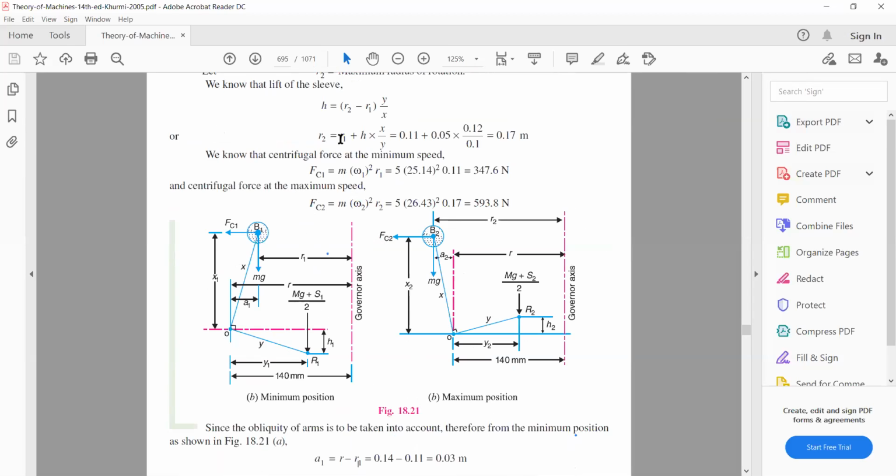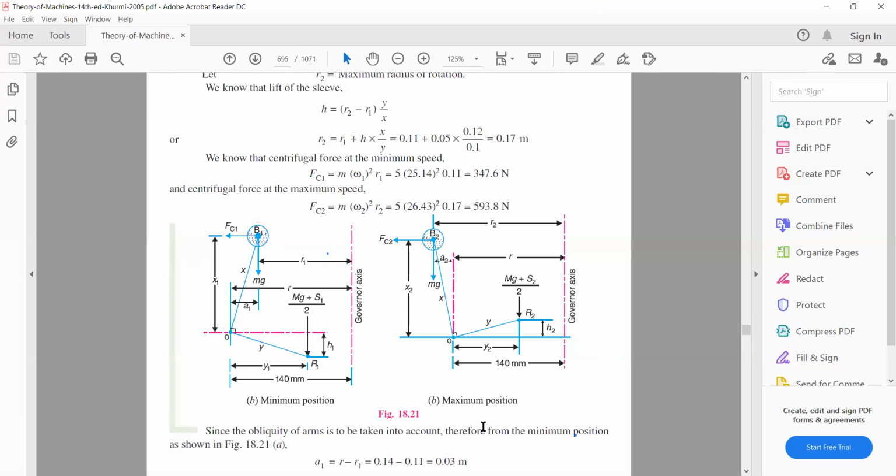So this is our governor axis. At the minimum position, R1 is represented here. And our fly balls are having forces, that is the centrifugal force and the fly ball weight, small mg. And H1 is there and H2 is also there. The minimum position is represented, and the maximum position is also represented. Now,